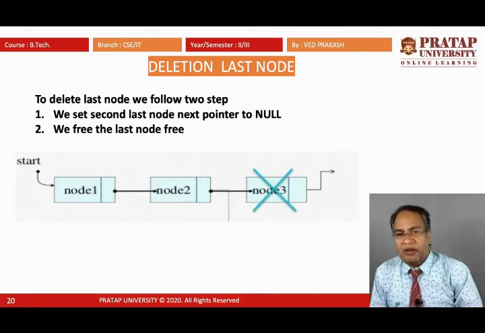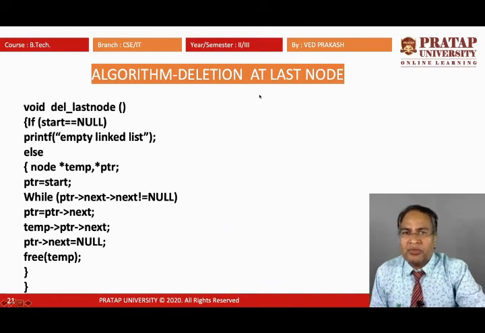To implement this operation, we use an algorithm. So this is our algorithm that denotes how we remove or delete the last node in the linked list. First I have to check the empty condition. If start equals null, then we can say that our linked list is empty, and when our linked list is empty, we cannot perform the deletion operation. Else,